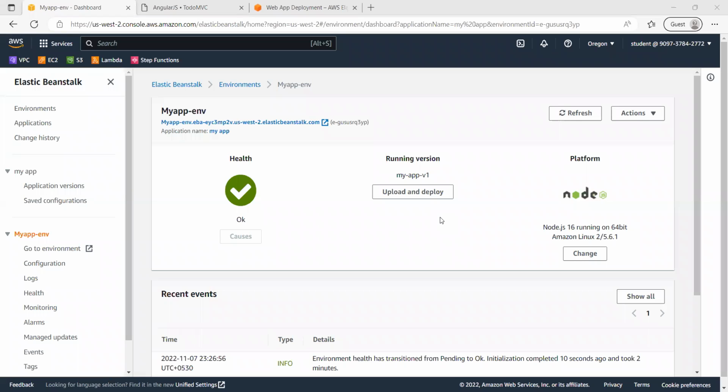In the previous video, we created an Elastic Beanstalk application, and this is the environment we created for Elastic Beanstalk, and we are able to access the application without any issue. Now, what we are going to do is deploy a new version of the application using a